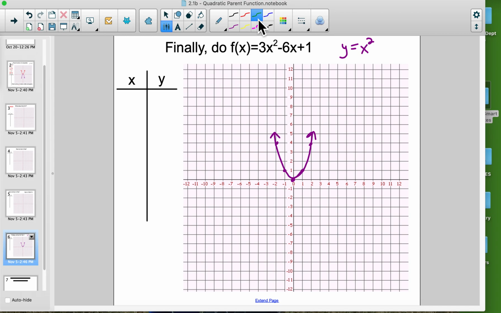All right, so the last example is y equals 3x squared minus 6x plus 1. Right, so this is our parent function, right? We're comparing everything to the parent function. Now with this one, it's a little different than any of the ones we've done before because this one has